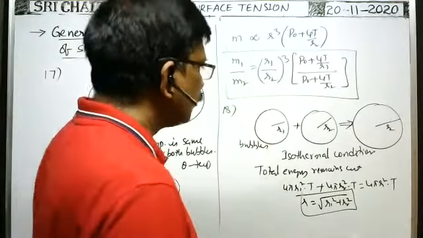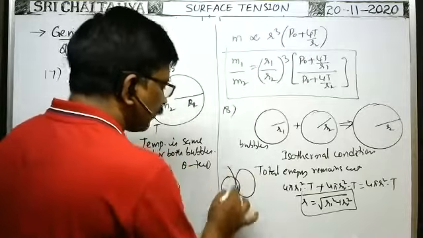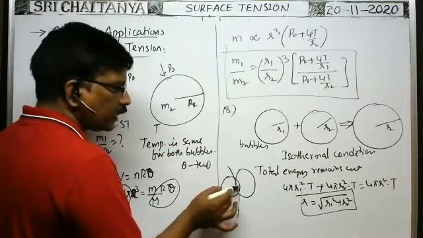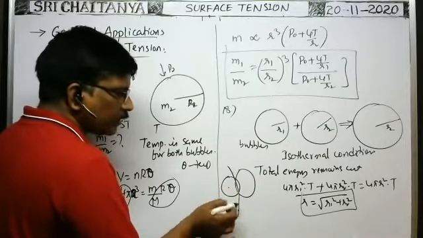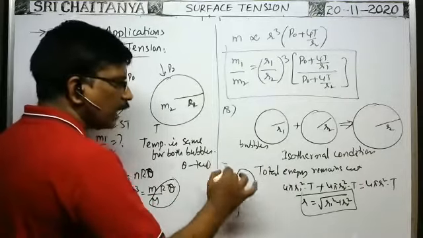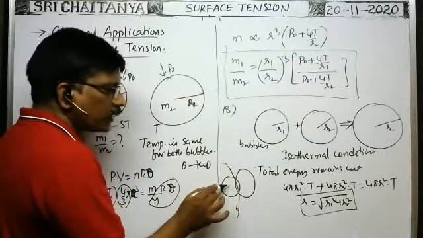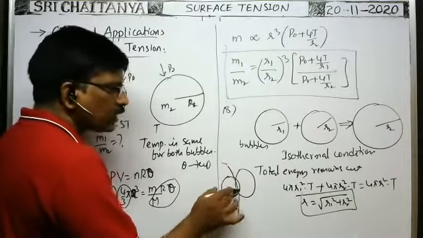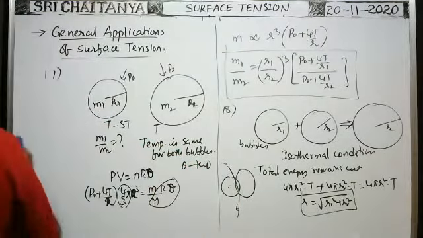Next, in case of the interface, suppose two bubbles are put in contact like this. The common surface is like this. From the smaller bubble, when you see the common surface or interface, it is compressed. That's why the concave surface is towards the smaller bubble and the convex surface is towards the larger bubble. In whichever bubble the pressure is more, in that direction the common surface is depressed. That's why the concave surface is towards the smaller bubble in such a case. Okay, this is one more. Next.